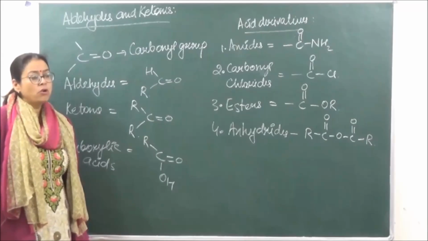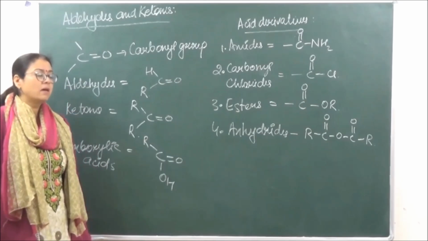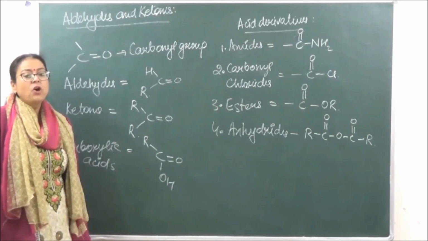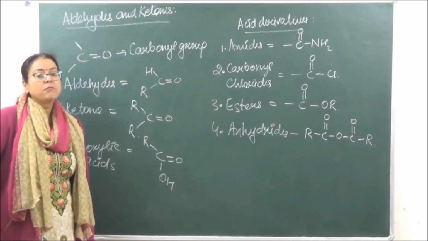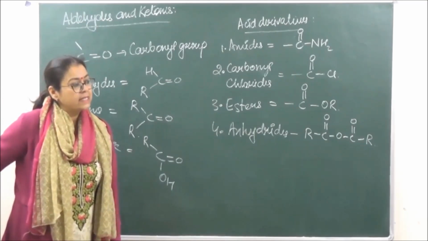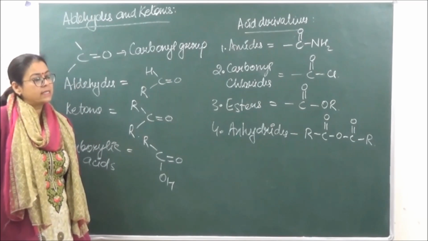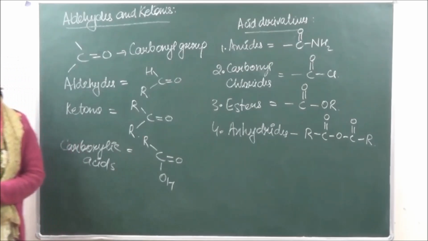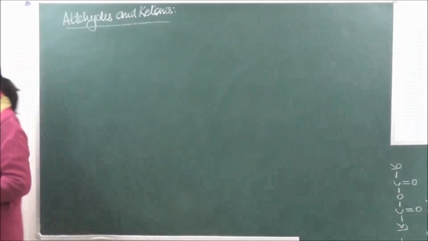Now this is a very long chapter, number 1. Number 2, you get questions of approximately 5 marks from this chapter. और इसमें chapter को हम लोग divide करते हैं into 2 sections. The first section we are going to study aldehydes and ketones, and the second section we are going to study the carboxylic acids. ठीक है? So let's go on to the first, that is nomenclature of aldehydes and ketones.